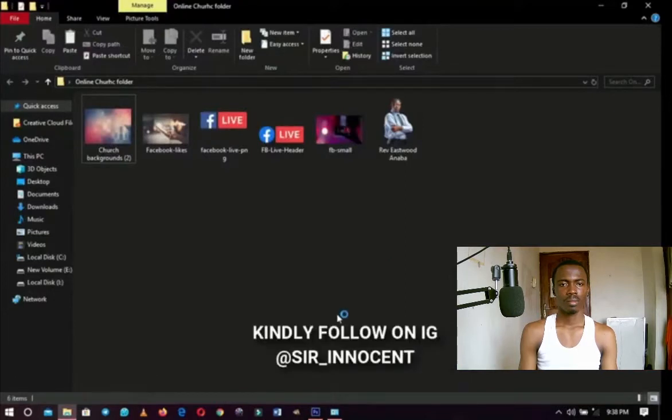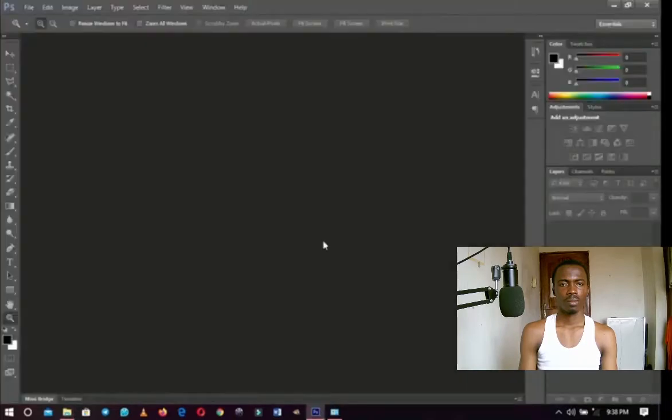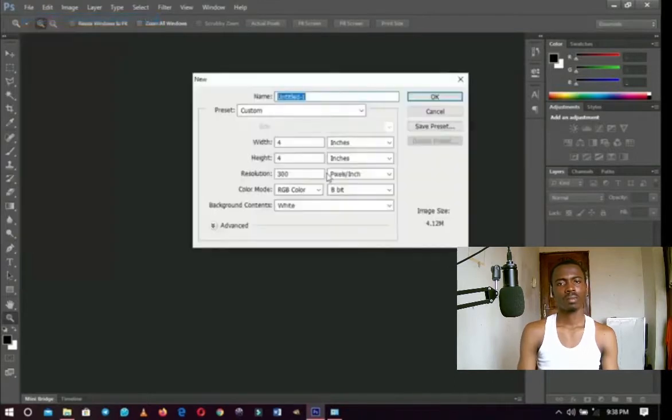Now let's jump right into Photoshop. First things first, you're going to have to create a new document. So you go to File, New, and then you're going to create a new document of 4x4. You're designing this for